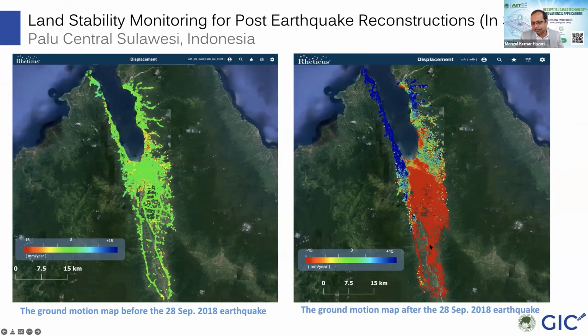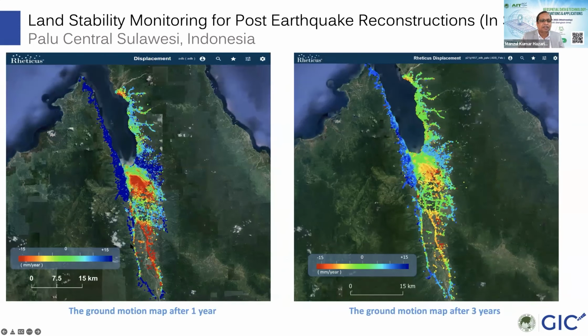Then the technology is such that you can now monitor this kind of changes in the ground every 2 weeks, because satellite data is available every 2 weeks. Then we started monitoring every month actually. So now you see after 1 year, that is 2019, this is the situation.